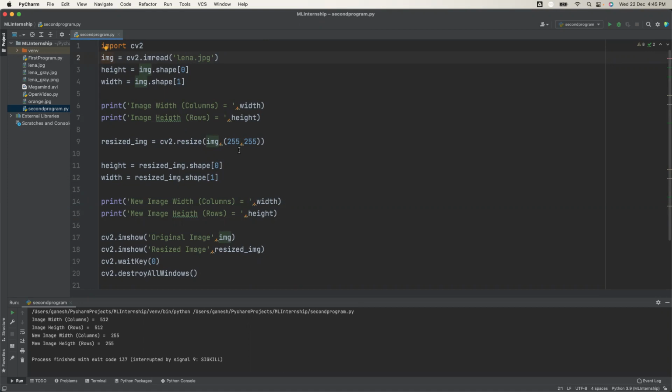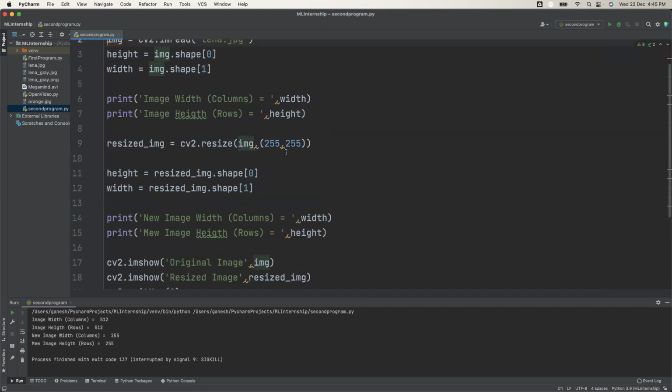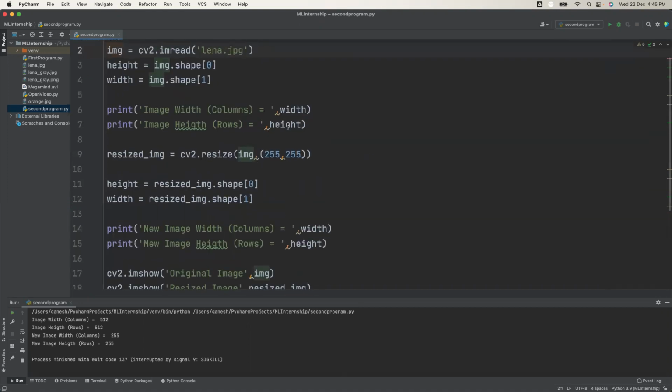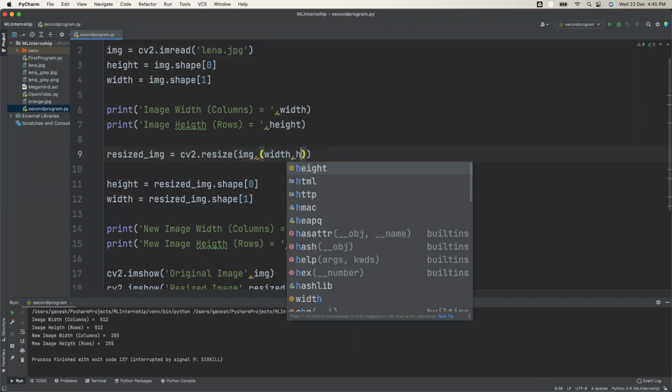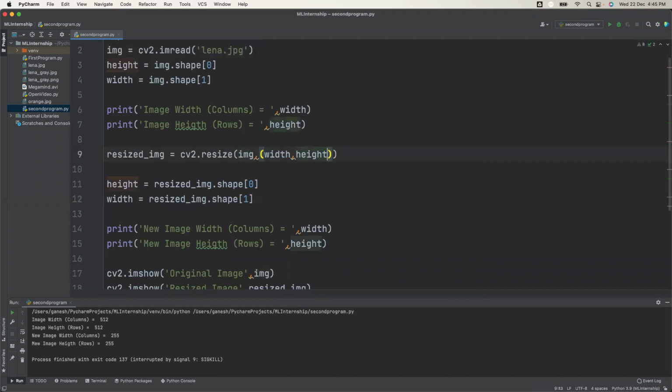Okay, so instead of using these hardcoded values, you can use the width and height. Before giving these, you have to convert them into integers.